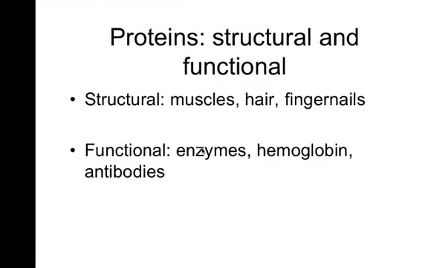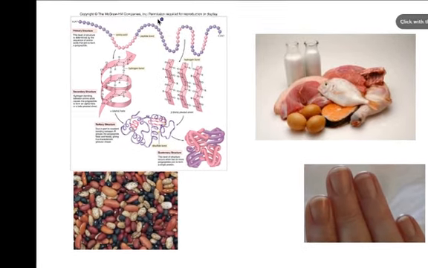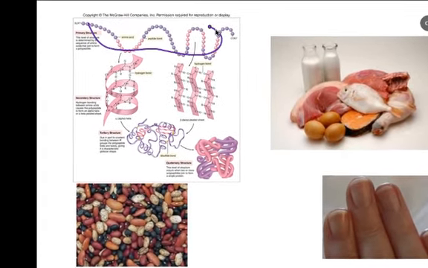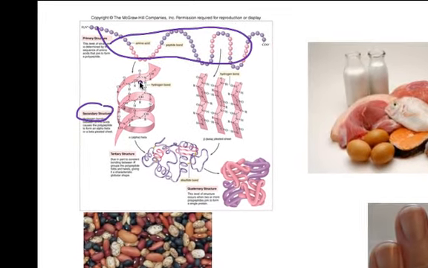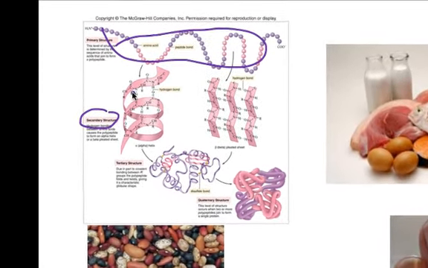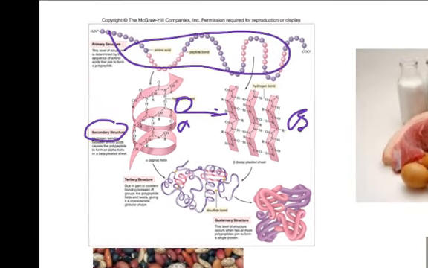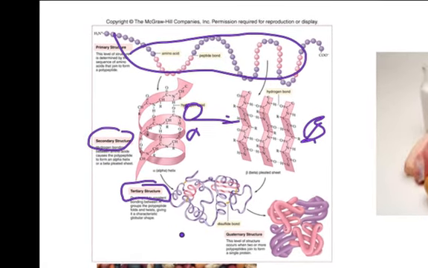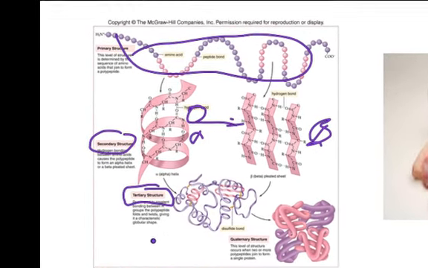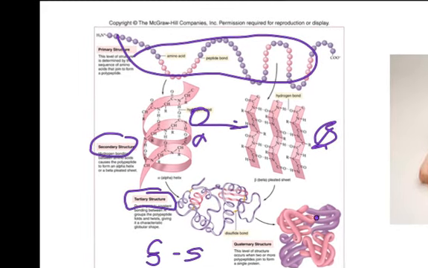One of the things we're going to look at later on is how proteins are structured, from what we call the primary structure, simply the amino acids put together. Secondary structure, amino acids begin to fold in on themselves, whether in what we call the alpha helix or the beta sheet. So that's the alpha, that's the beta, and ultimately we're going to get what we call the tertiary structure, and that's how they start to fold in even more on themselves, often with these things called a disulfide bridge.